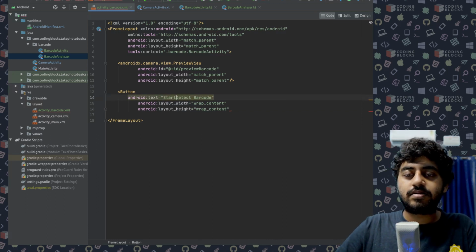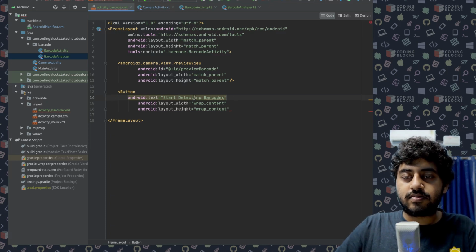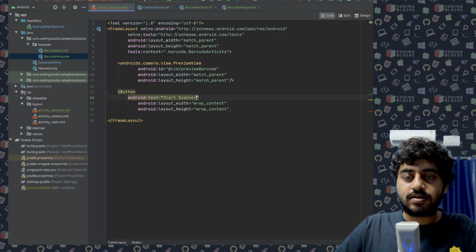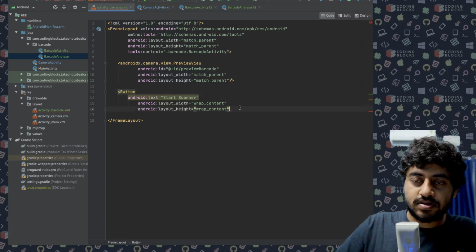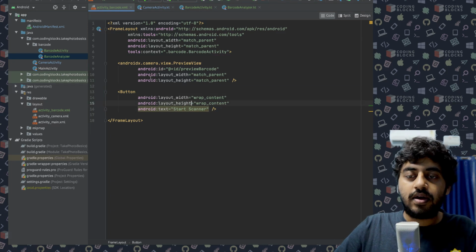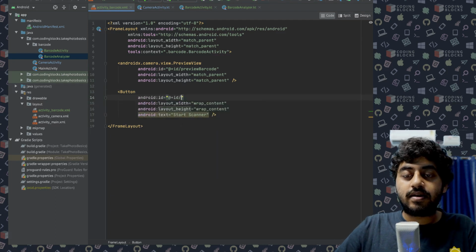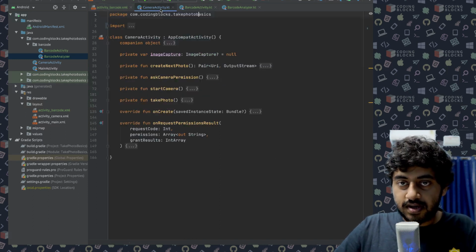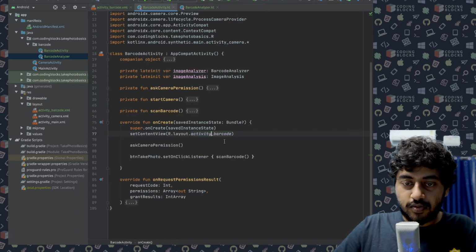Start detecting barcodes, let's say, or start detection, or start scanner. Okay, start scanner sounds kind of right. Okay, I'll give it an ID. Button start scanner. Okay, so what I do here is in my barcode activity, I will do in my onCreate